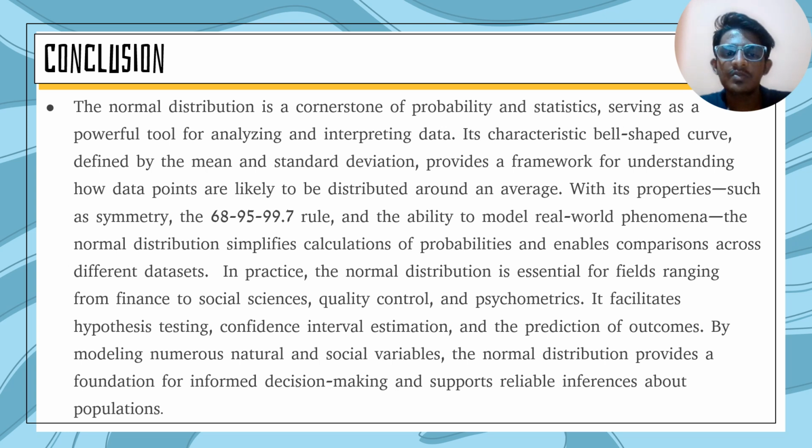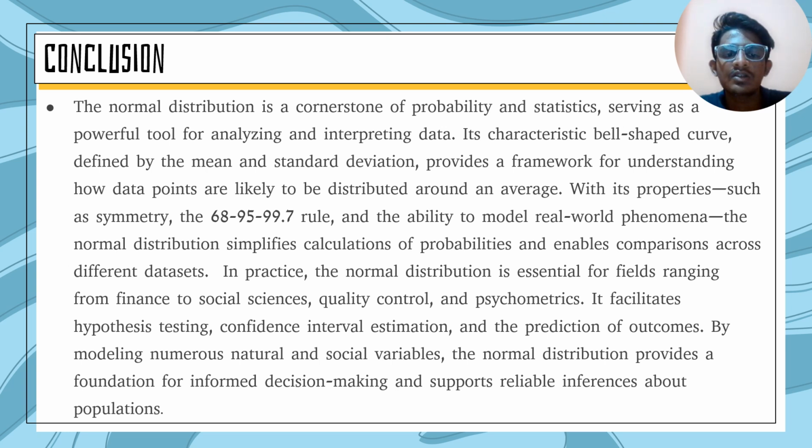The normal distribution is a cornerstone of probability and statistics, serving as a powerful tool for analyzing and interpreting data. Its characteristic bell-shaped curve, defined by the mean and standard deviation, provides a framework for understanding how data points are likely to be distributed around an average. With its properties such as symmetry, the 68-95-99.7 rule, and the ability to model real-world phenomena,